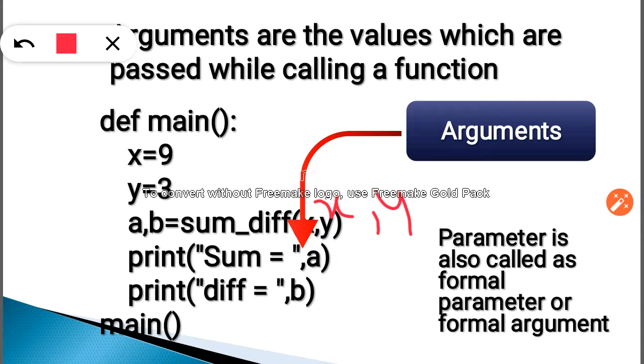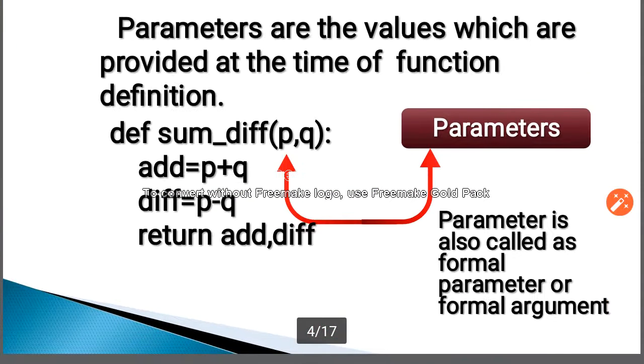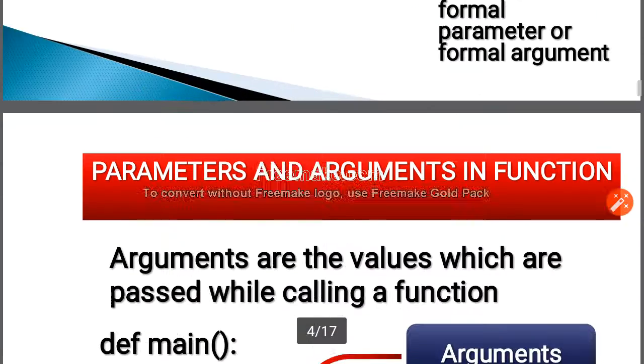You can understand this x and y are called the arguments, but earlier, over here, it is p, q. This is called the parameter. Hope the arguments and parameters are clear to you all.